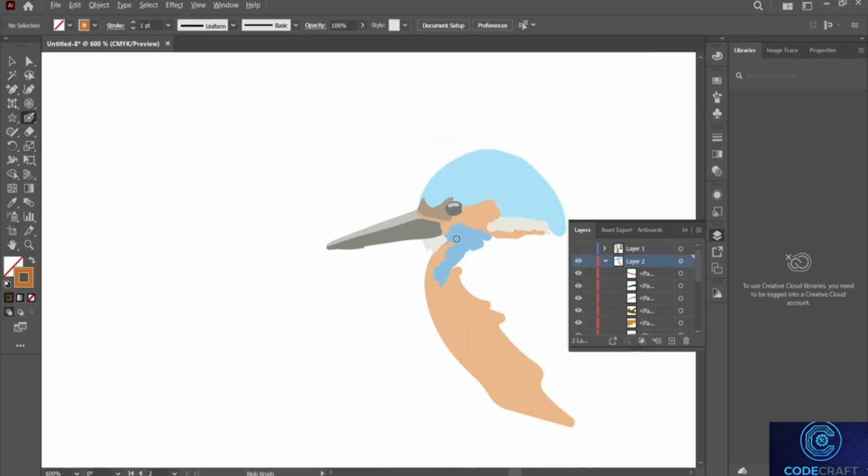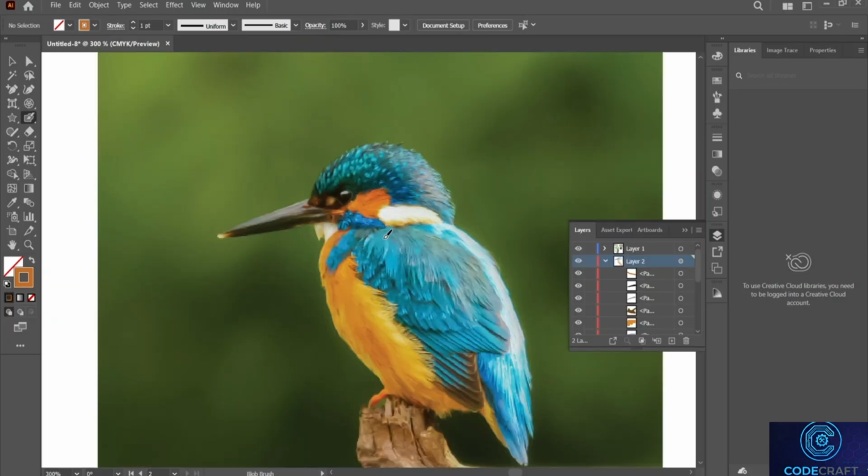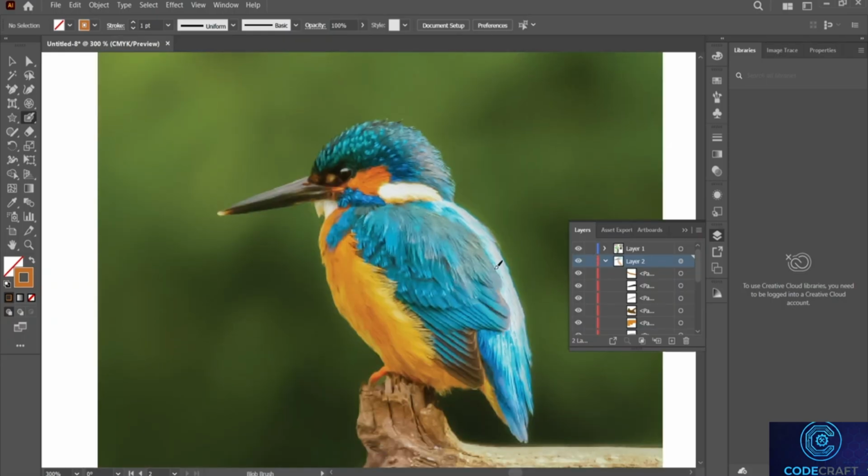Okay, let's zoom out. Now you can see that using the Blob Paintbrush tool, not everything is okay, but I can still do some of my effects. Let's go back over here, and this time I want to make this part over here, so I'm just going to choose one solid color for this wing over here, and then the rest of the wing over here, and then finish this video. Okay, so first let's select this color using the eyedropper tool. Okay, let's go ahead and